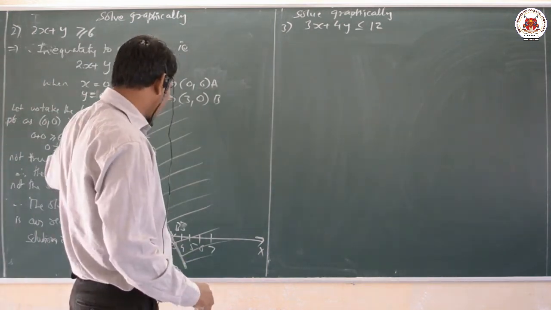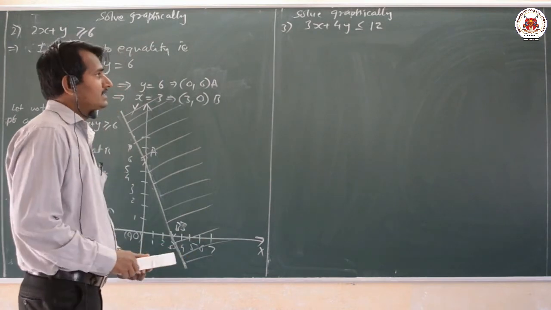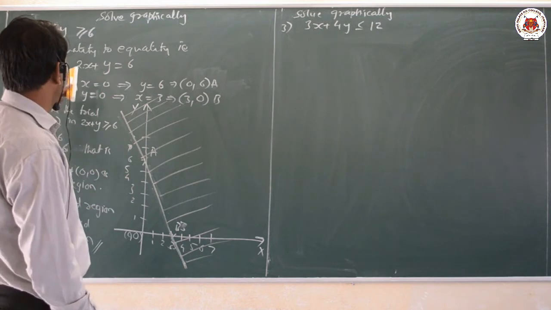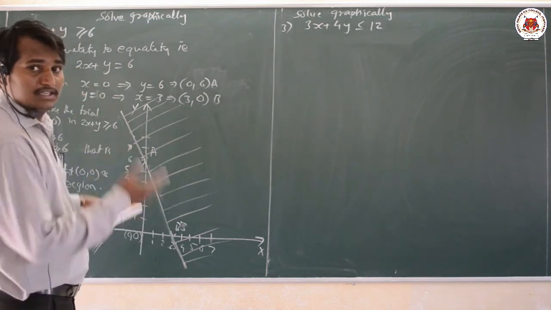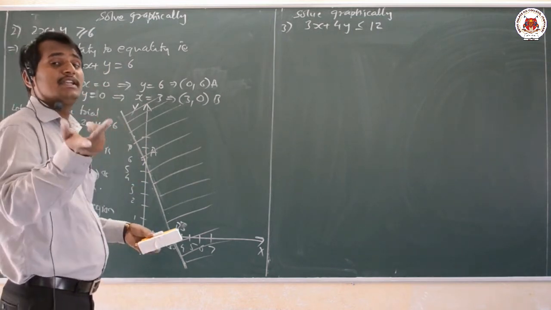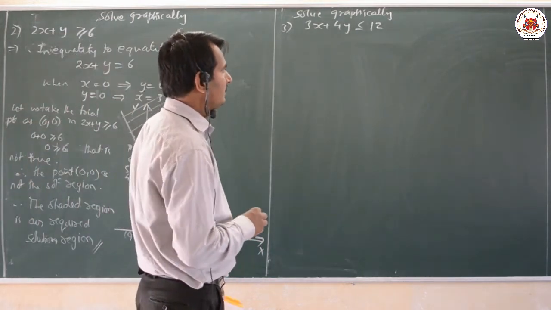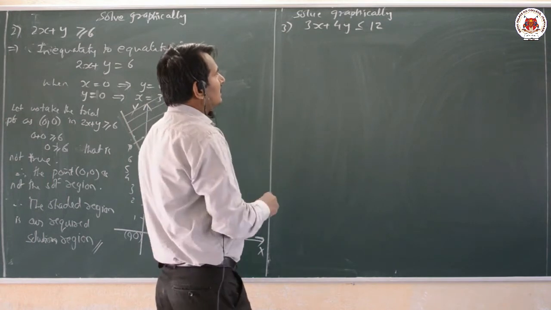Okay, dear students, the problem is very, very simple. In the examination, 5 marks, simultaneous equation will be asked. Simultaneous means here one single equation will be given. In this problem, in the examination, 2 simultaneous equations will be given here. That we shall look into in the next classes. Now let us move on to the next problem here.